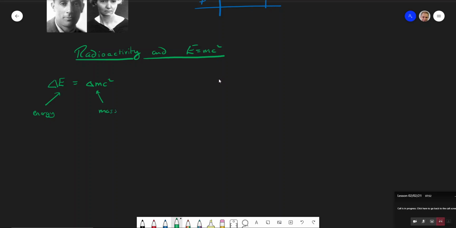mass. And what you hopefully remember from when you covered nuclear fusion in the sun is that it could happen because if you had four hydrogen-1 protons together, they would have a certain mass, and you combine them to make a helium-4 nucleus. There was a loss of mass in doing this. So this combination has less mass than this combination. So the loss in mass